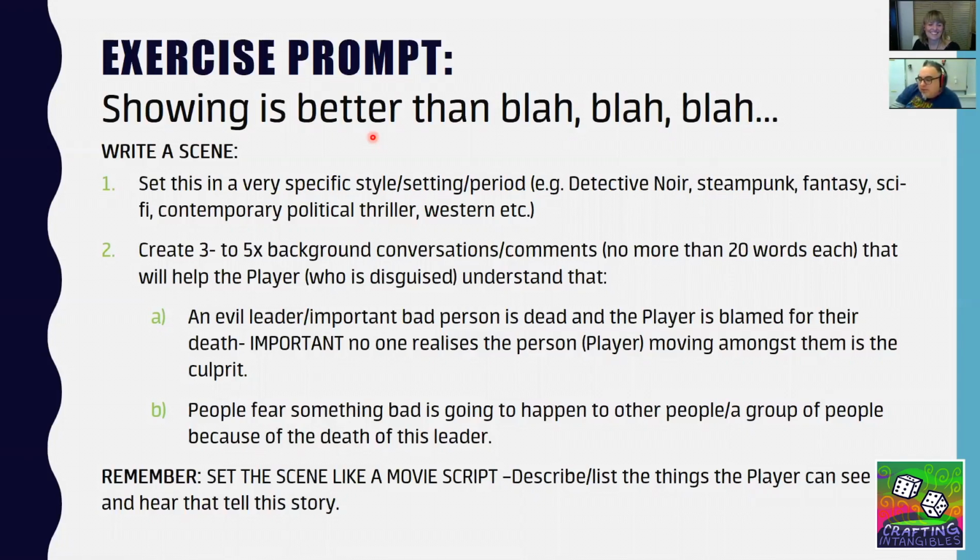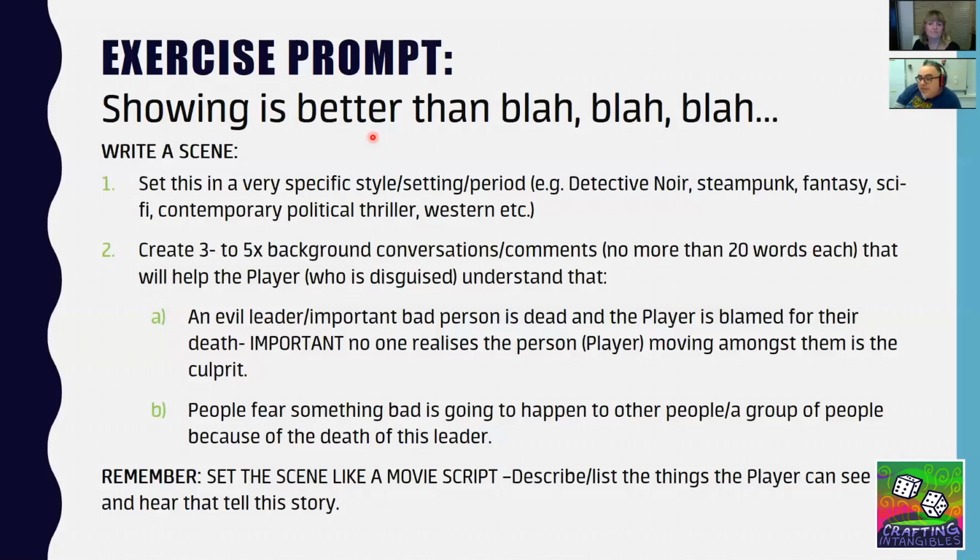The aim of all these background comments or conversations is to help the player, who is in disguise, realize that an evil person, an important bad sort of character, is dead and the player is being blamed for it.